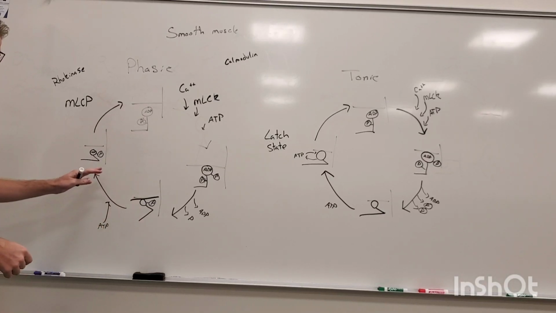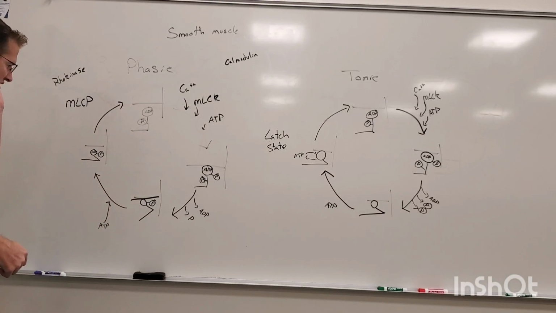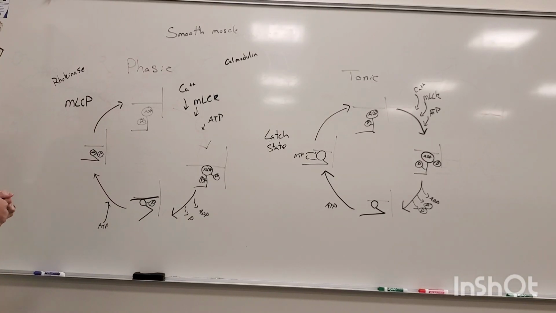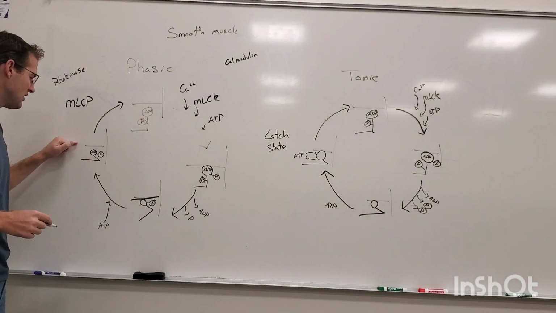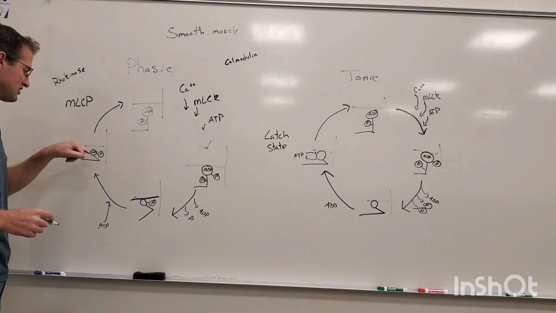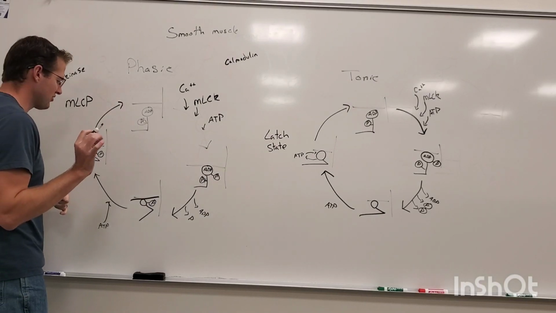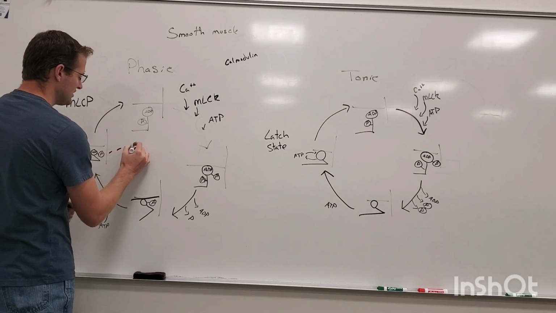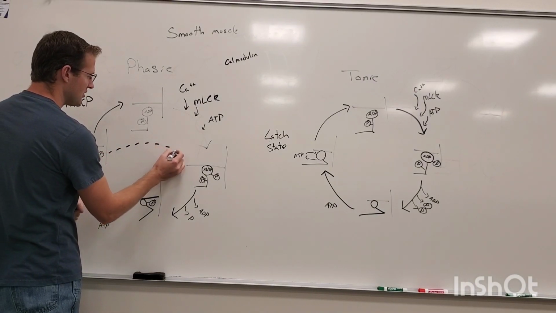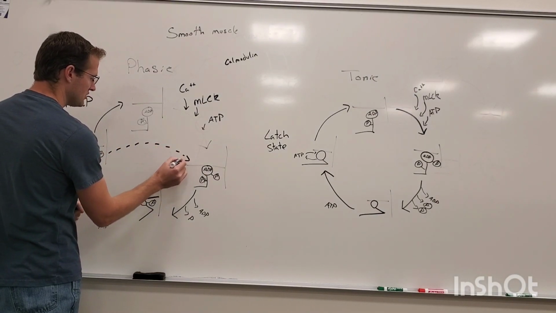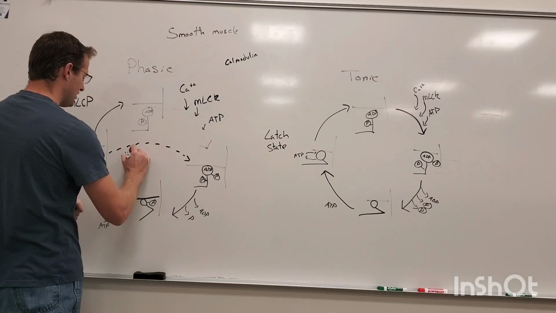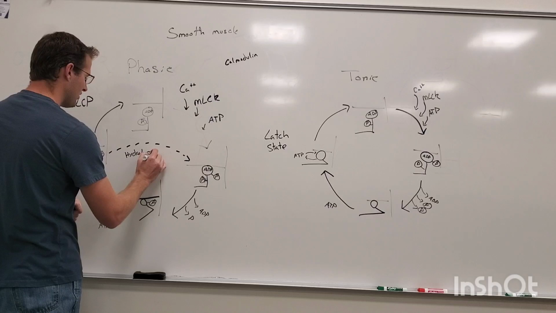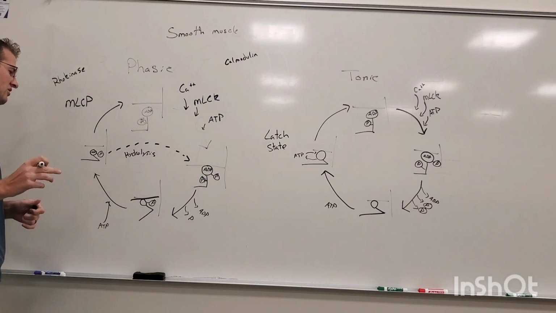So we add ATP. The ATP breaks a bond from myosin to the actin, and then we have ATP and that phosphate group still there. If the phosphate group is still there, we can skip this step and go directly over to step 2, and this would just be hydrolysis then. However, if